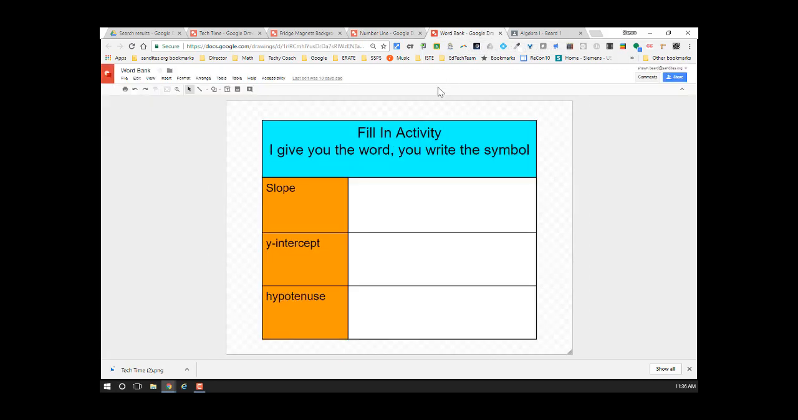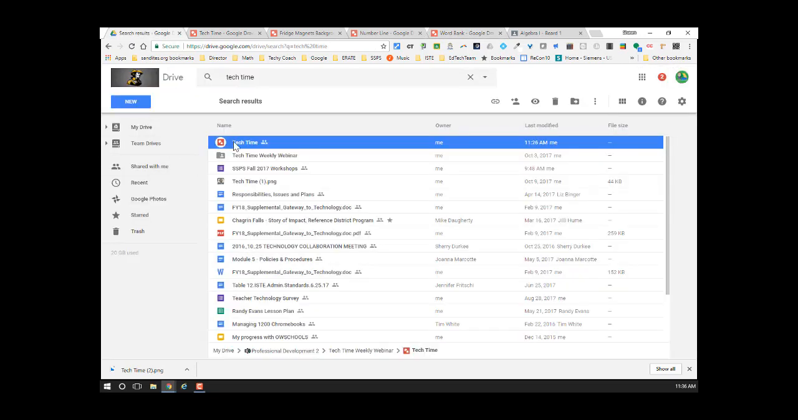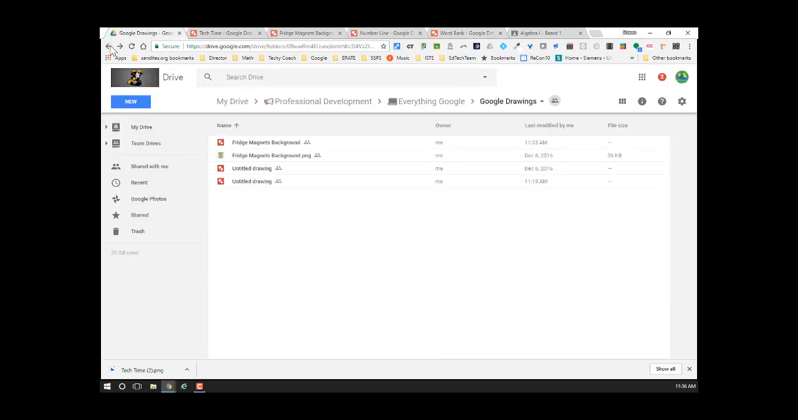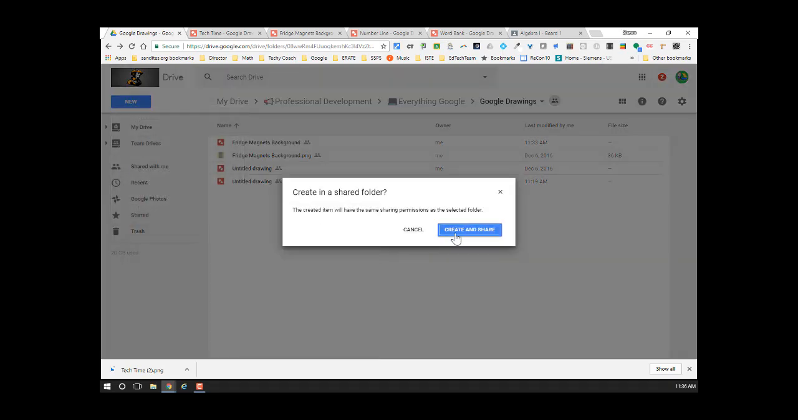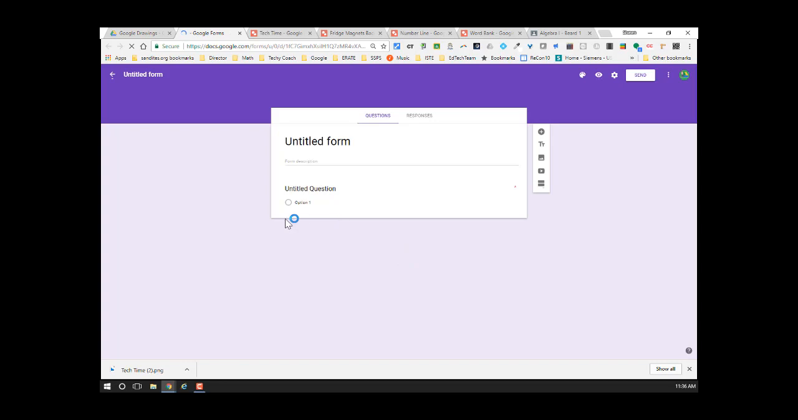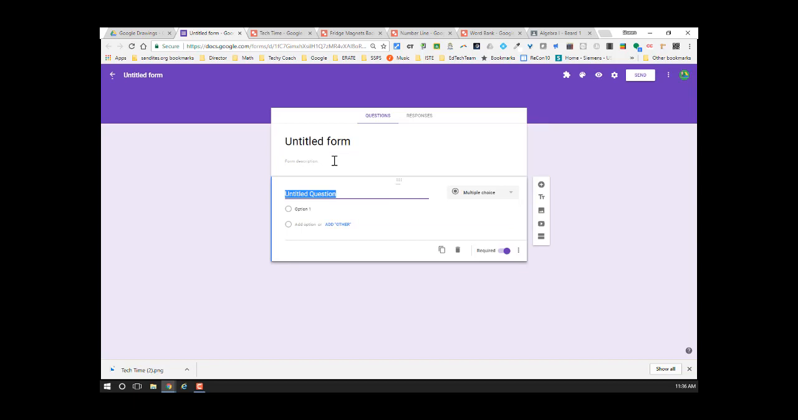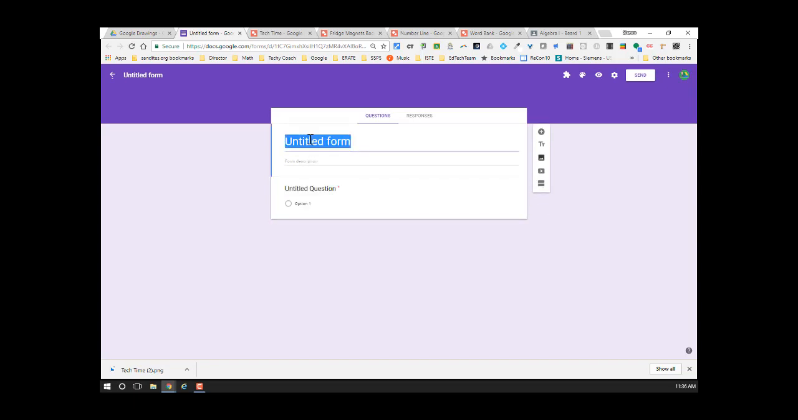Another one, somebody came up and asked me about Google Forms. They said what they don't like about Google Forms is they can't put a word bank on. And because a Google Form will allow you to put pictures in, one of the things I've told people is, let's say, for instance, you have